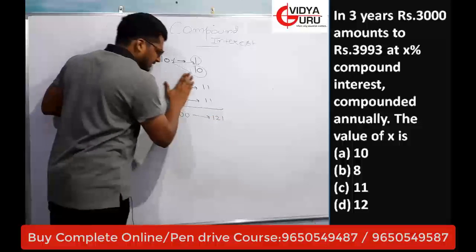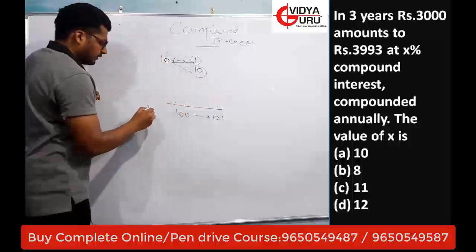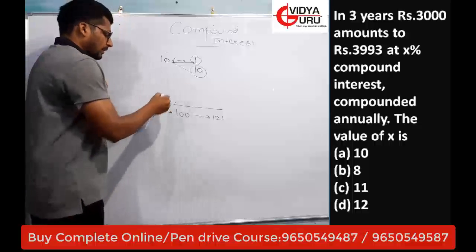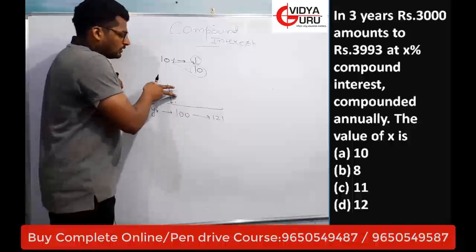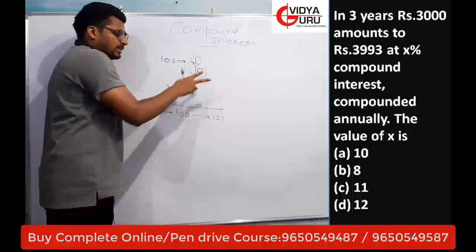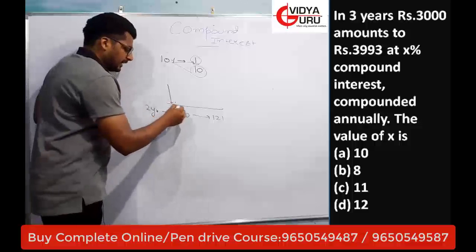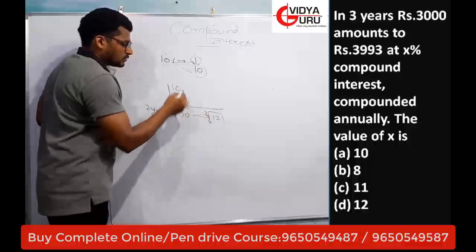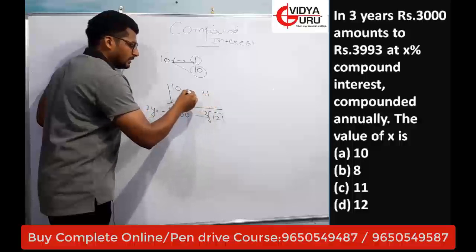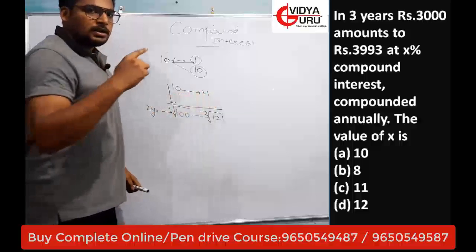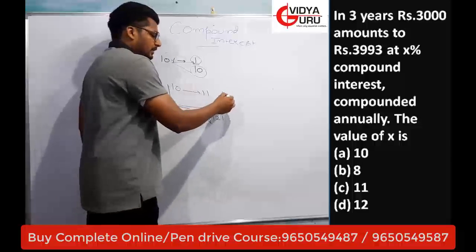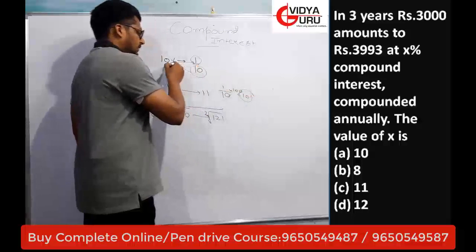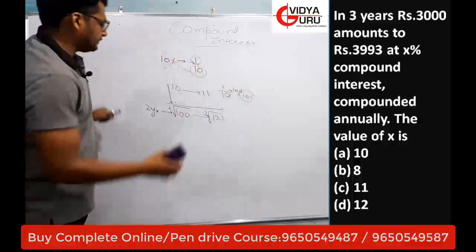So in 2 years, in total it will become 100 to 121. If suppose this thing is not given to you, and it is given that in 2 years, 100 becomes 121, and you have to find the rate. I know I have calculated this in 2 years, so the same things have been multiplied here, and 2 same things have been multiplied here. That means if I take the square root of this and the square root of this, the square root of 100 is 10, and the square root of 121 is 11. That means in 1 year, it went from 10 to 11, that means on 10, 1 was interest, and the interest was 10%.